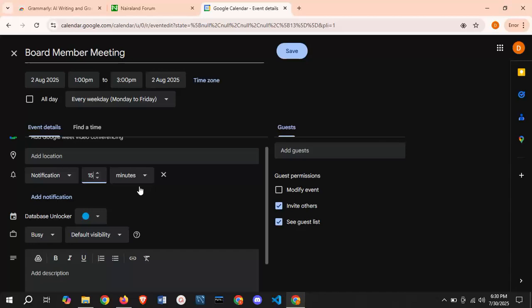So set up notification 15 minutes to the time, and you'll be notified with a beep like an SMS. Not really an SMS, but like a notification that will show you the title of the event 15 minutes to the time. But if you select email, it's going to send you an email to the email address you use in creating the calendar. Now don't forget that this calendar works both sides. It works both on the PC and on the mobile. So if that particular email is logged into your mobile, you don't have any issue because